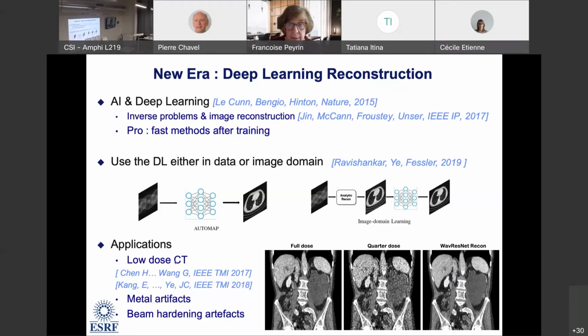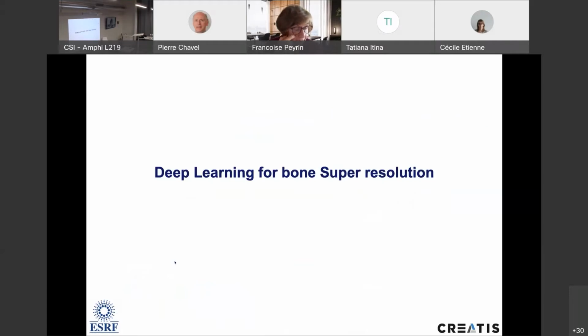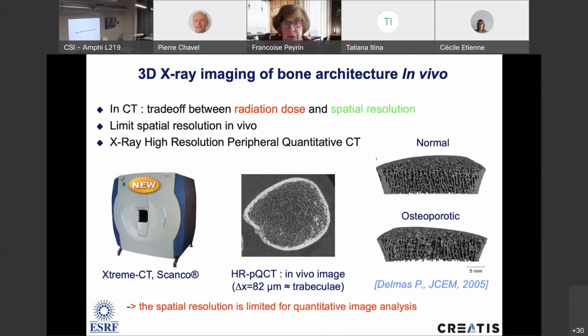Since I am talking of deep learning, I will just make a very small parenthesis for using deep learning for bone super resolution, because I said that I would mainly apply all what I will show you to bone imaging, and one important thing is to be able to see